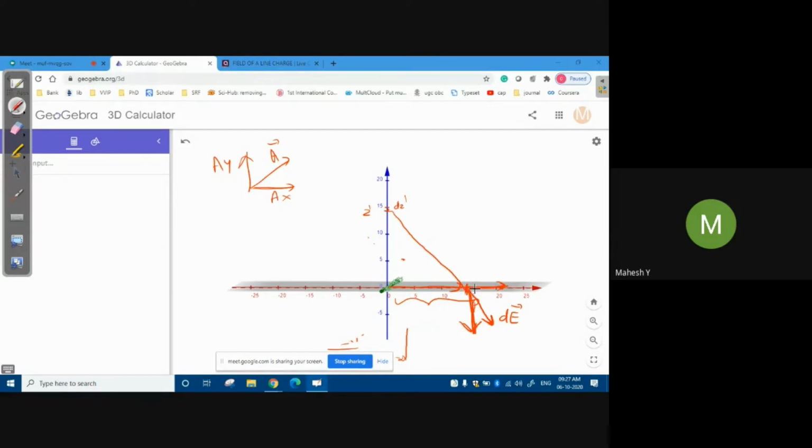We don't have x and y here. Okay, dE sin theta and dE cos theta, but I am asking which is the parameter. Yes, very good. dE rho in this direction, because this is the direction of rho. And what is this direction? Downward. This is the z axis, so this will be minus z axis. Yes, very good, dEz. So dE can be split into dE rho and dEz.